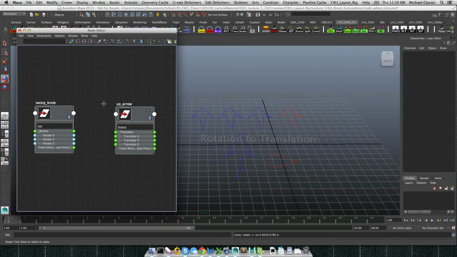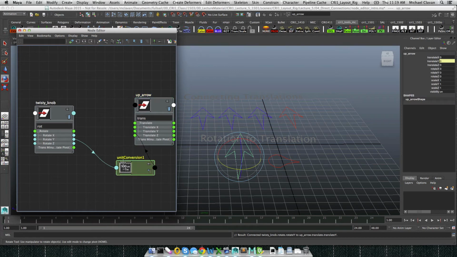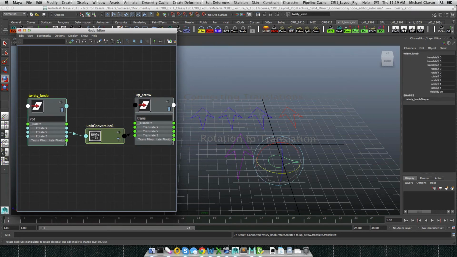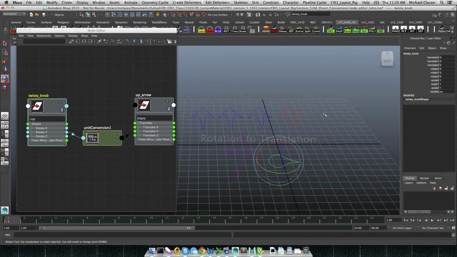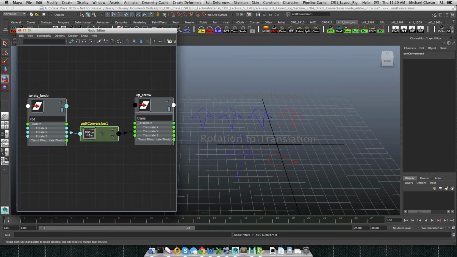So now we want to make this connection. We want to connect from our rotate Y on this one to our translate Y. Now something's weird going to happen. It's going to have to convert this from radians to degrees. So we get this little node in between here of how much it's going. But right now you'll see that it's purple and it has a connection, and when I rotate it, it's going to kind of shoot up really fast. I got to be really careful of my values here. Unfortunately, when you're going from translate to rotation, you're always going to get this, and there's really nothing you can do